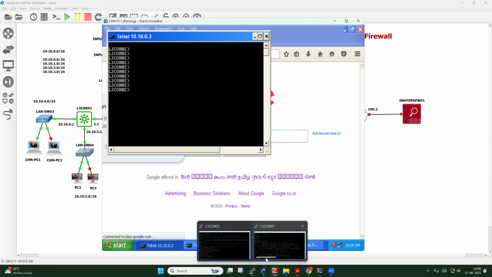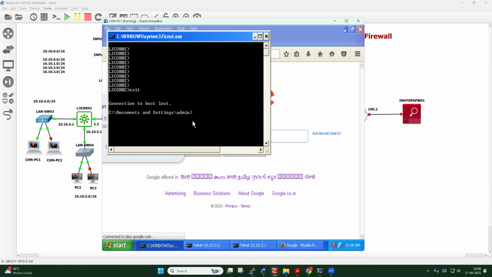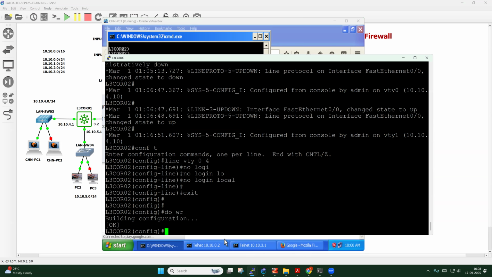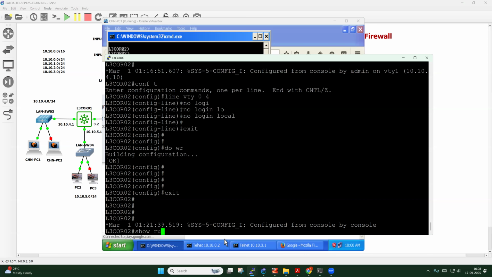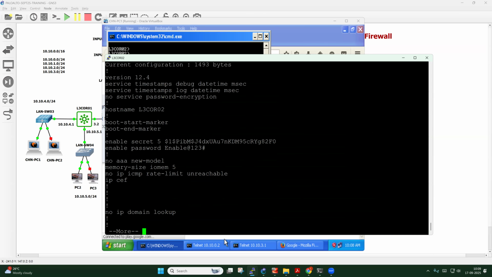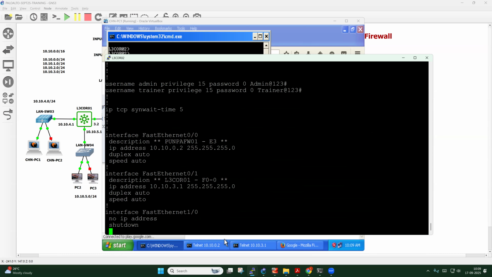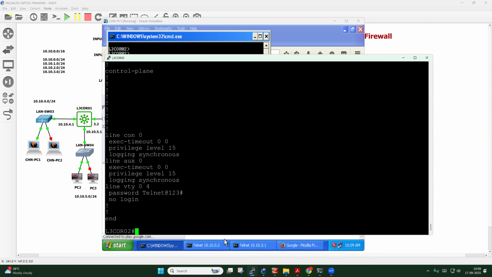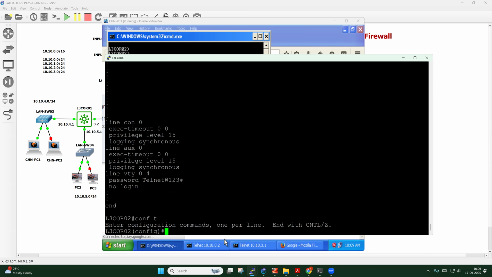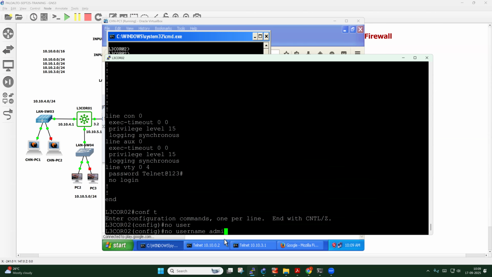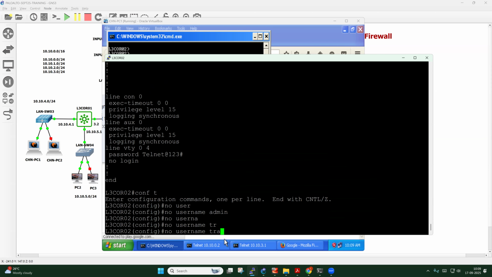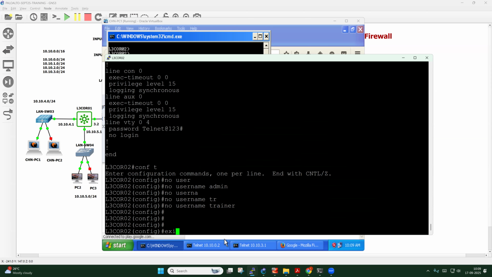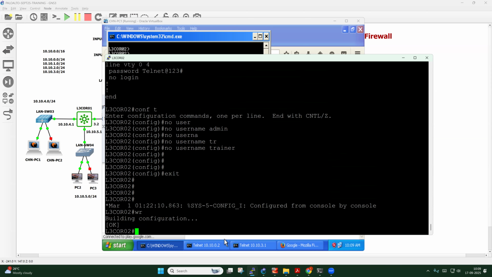अभी एक और टेस्ट कर लेते हैं। यहाँ पे मैंने एग्जिट किया, और यहाँ पे इस पे गए, एग्जिट, शो रन, ये है, ठीक है। कॉन्फ़िगर टर्मिनल, no username admin, no username trainer, exit, WR, ठीक है। और यहाँ पे कॉन्फ़िग डी किया।